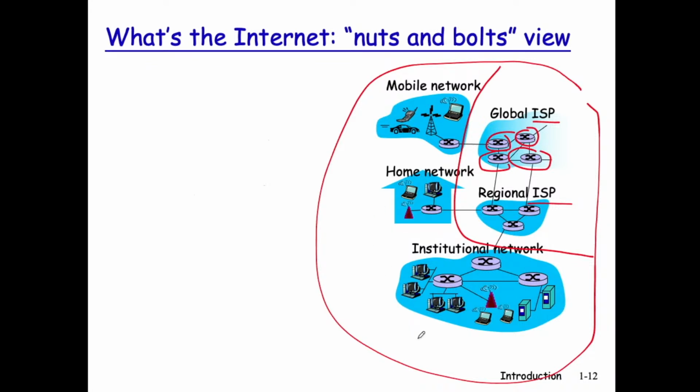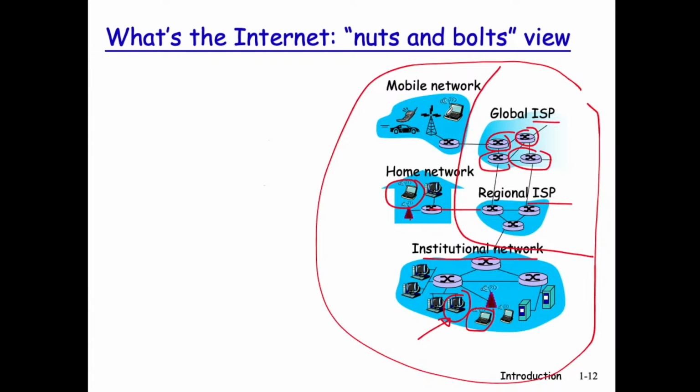And then you guys are here, most of you. In NTU, an institutional network, you might be accessing the internet through a wireless AP, so this is Wi-Fi. Some of you might be sitting in the dorm with a wired connection, a PC accessing through wired connection. And some of you might be sitting at home, with your laptop connecting to a Wi-Fi AP, and then to your ISP, and then to the rest of the internet.